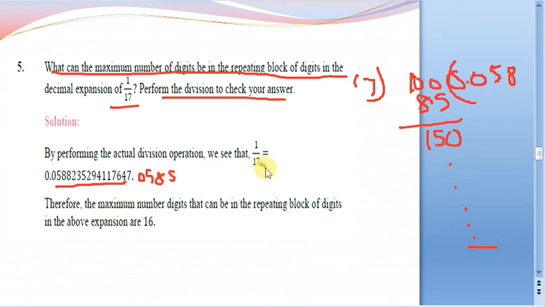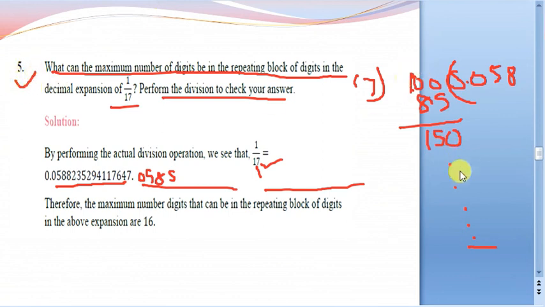So since it is a rational number, why? Because p by q, p, q are integers, the decimal expansion has to be either terminating or non-terminating repeating. There is no way that it terminates. Why? Because in the denominator there are no powers of 2 or no powers of 5. So for sure it is going to be repeating. After how many digits it starts repeating? After a block of 16 digits it keeps on repeating. So for this 1 by 17, just you do this entire division, you will come to know that after 16 decimal places again this block will appear, again this block will appear like this. So this is the solution for the 5th question.